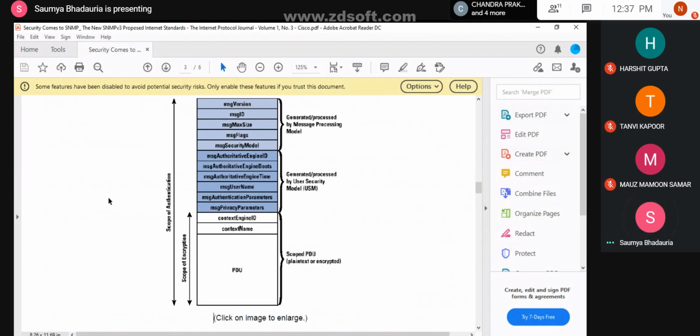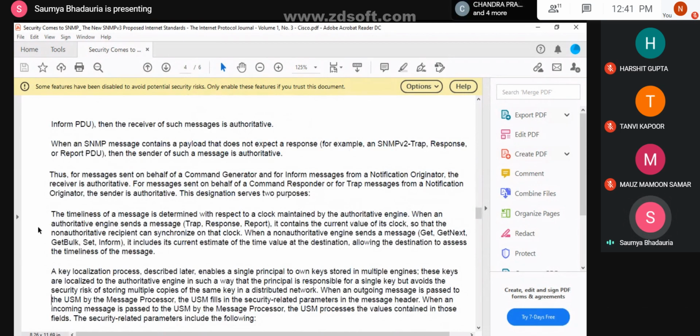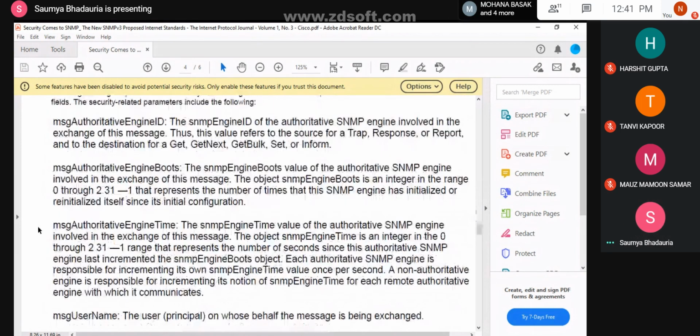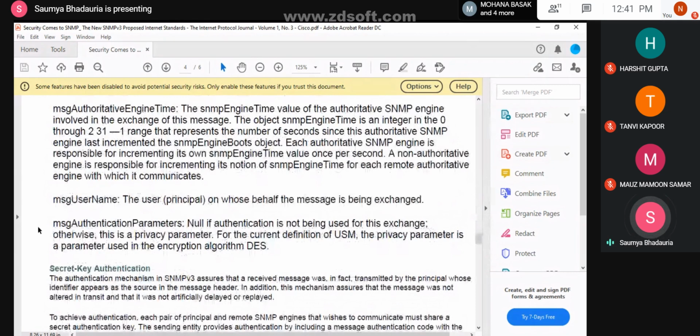The other case can be when an SNMP message contains a payload and does not expect any response. When would it happen? When you are sending any SNMPv2 trap or any report PDU. That we can ask in the next class. The other thing, since we are talking about the communication between the principal and the agent,